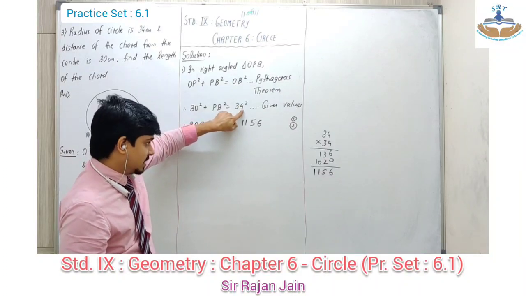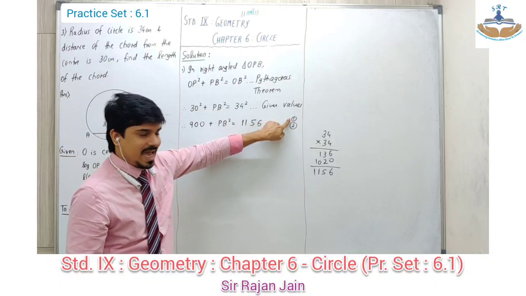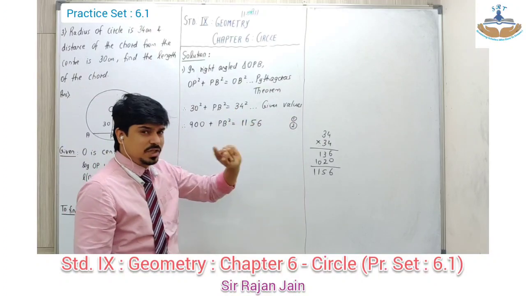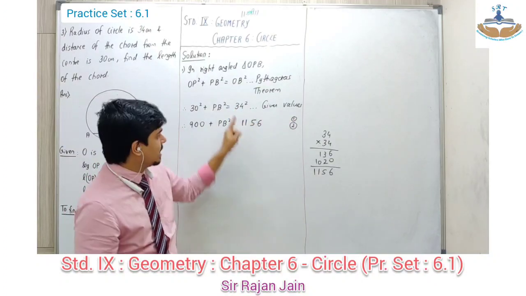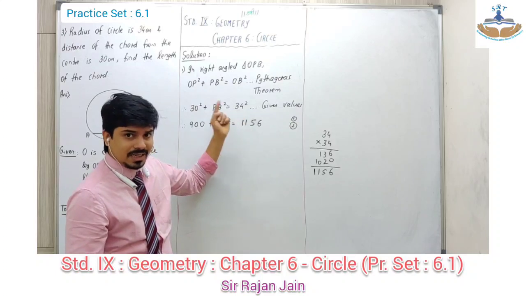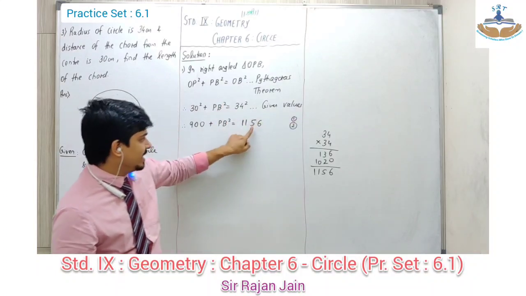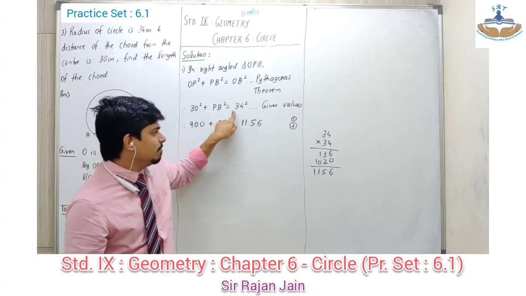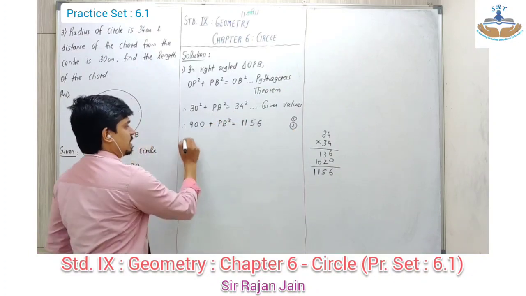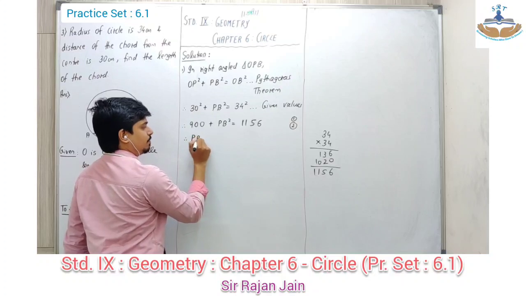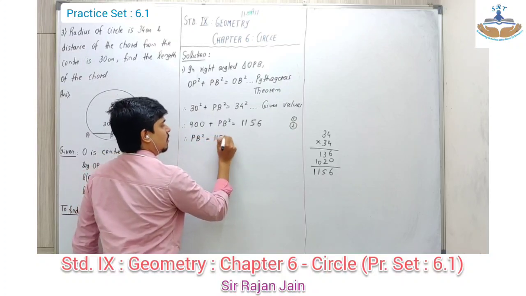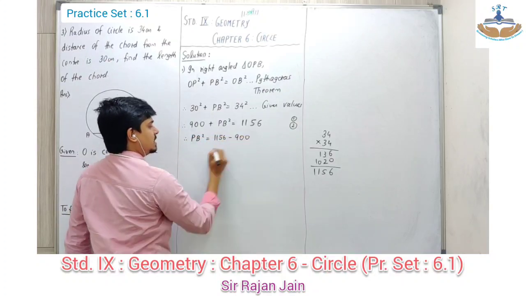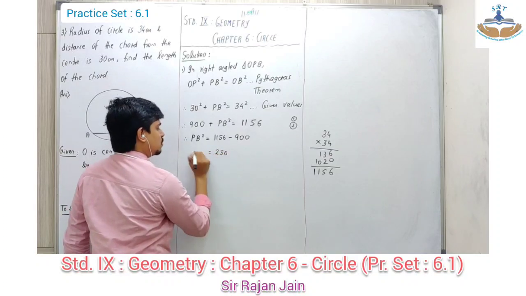Again I repeat what it is. इसका स्क्वायर 16. I wrote 6. 1 carry. Multiply the 2 digits, double it and then add the carry. So 3 4s are 12. 12 का double 24. 24 plus 1 is 25. I write 5. 2 goes as the carry. 3 square 9. 9 plus 2 is 11. समझा? Now I'll say PB square is equal to 1156 minus 900 which is 256.